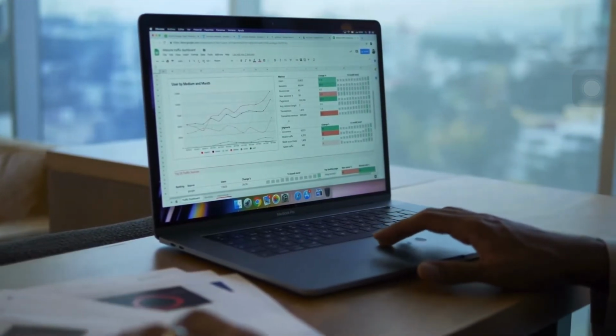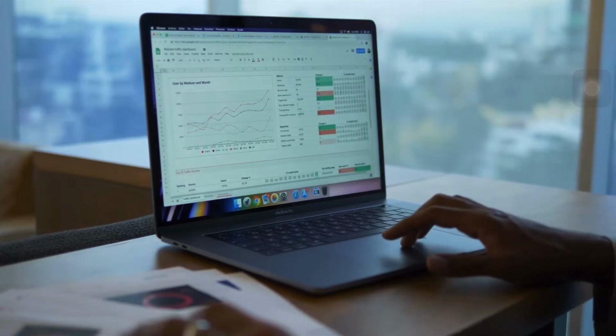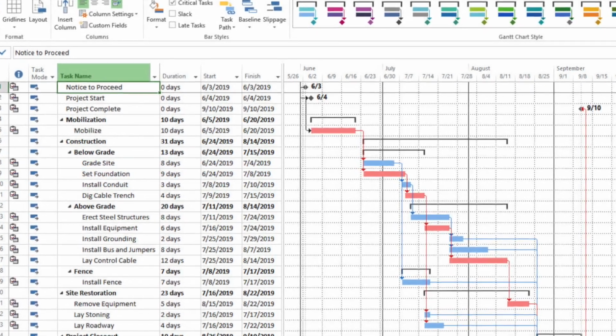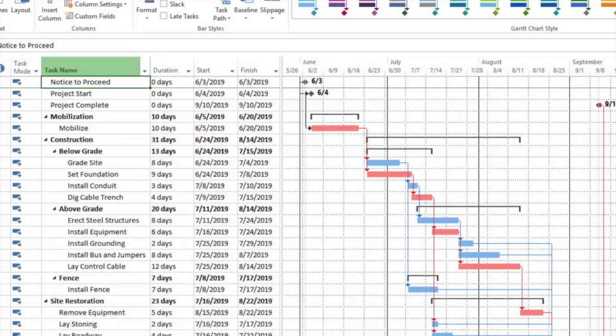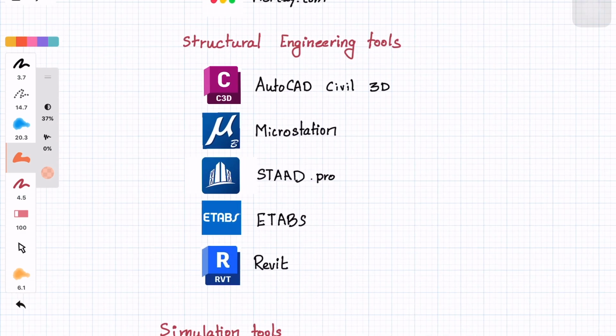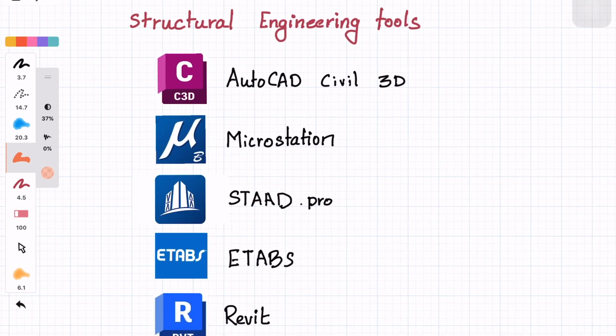Microsoft Project, or MS Project, is used for timeline planning, dependencies, and resource allocation. It is ideal for complex construction workflows. Monday.com brings together task tracking, team dashboards, and visual project timelines with integration of tools like Slack and Google Drive. These tools are crucial for studio coordination, documentation, and time management.